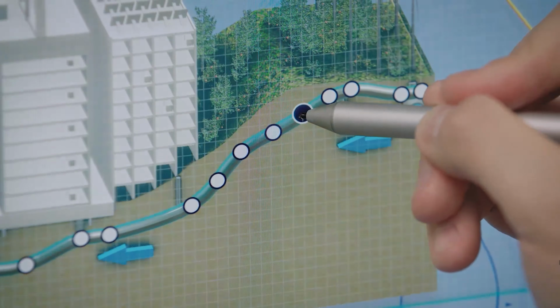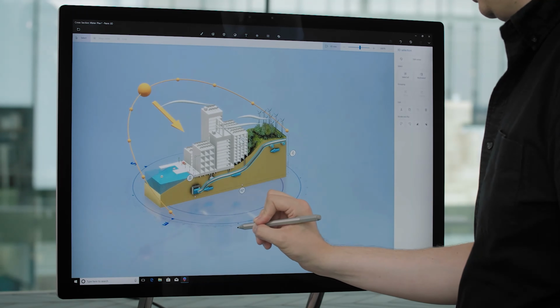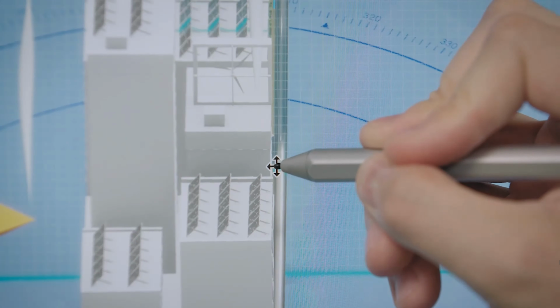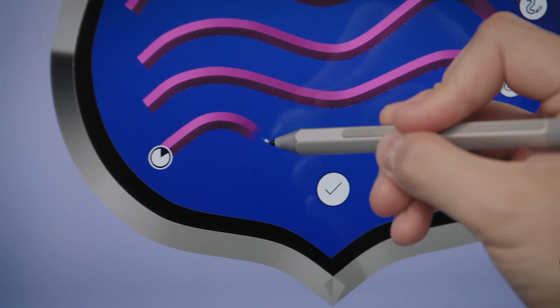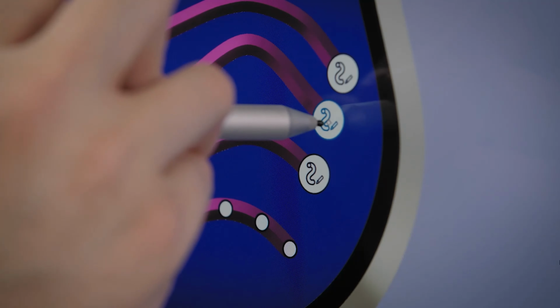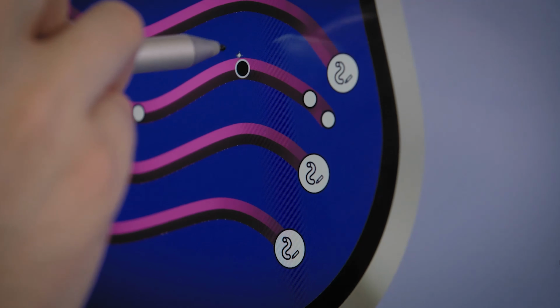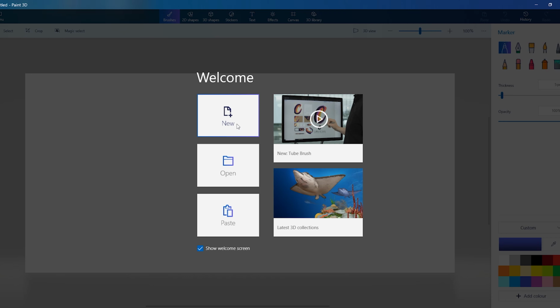One of the easiest-to-use 3D making software is Paint 3D, which is pre-installed with Windows 10. If you install a new Windows 10, then you will find this software installed with your Windows system. So every Windows system has Paint 3D. If it is not available in your Windows, then you can download it from the additional features available in settings. So here is the interface of Paint 3D, where you can make lots of 2D and 3D objects.